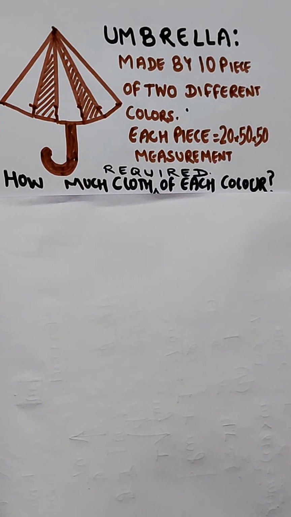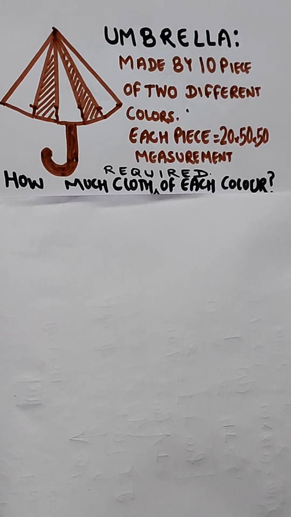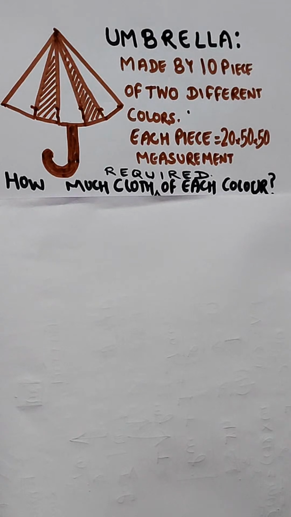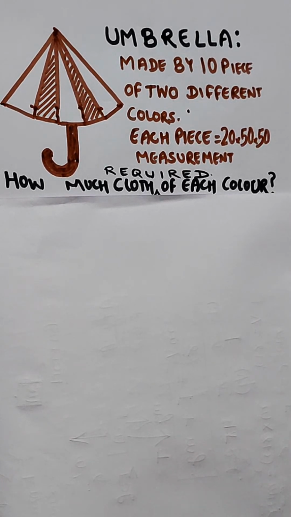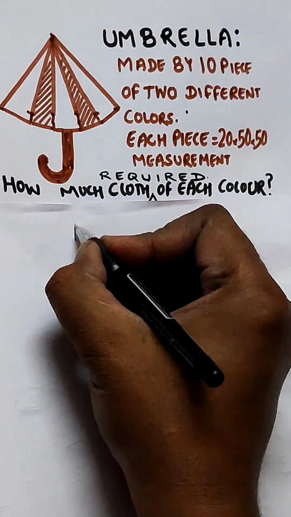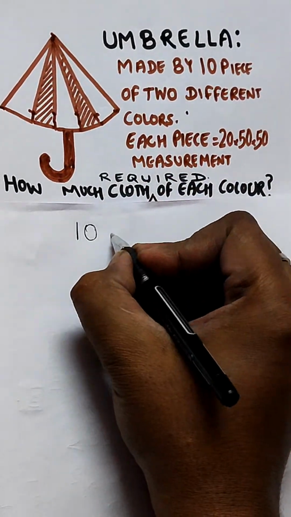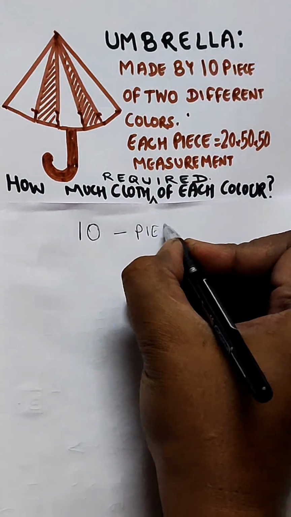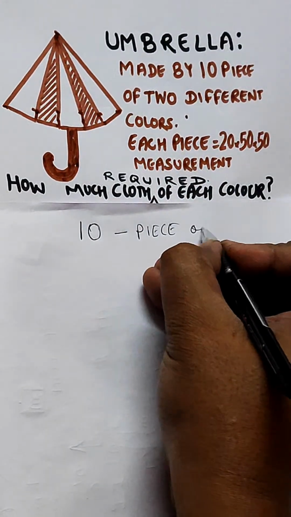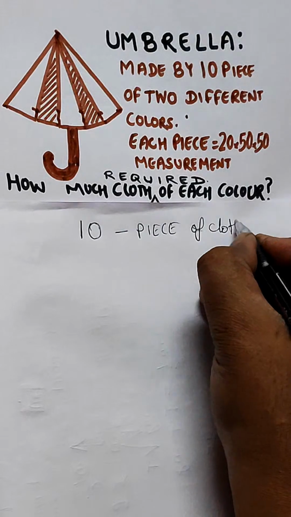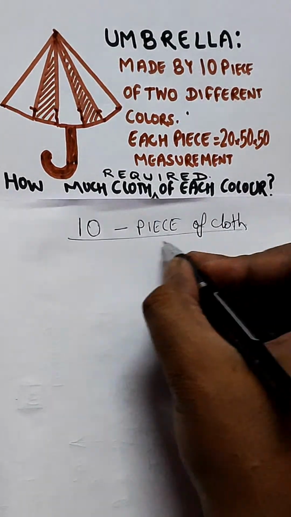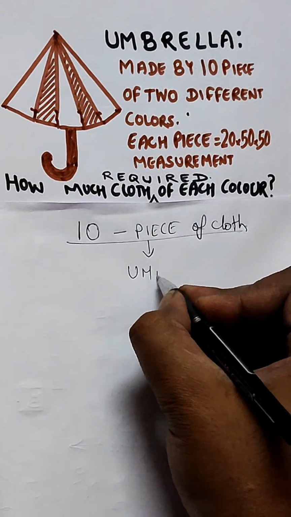An umbrella is made by stitching 10 triangular pieces of cloth, right? So first we need to understand that 10 triangular pieces of cloth are utilized in making this umbrella. How many pieces? 10. So 10 pieces of cloth are required in making this umbrella,